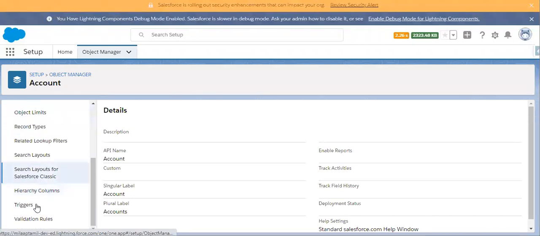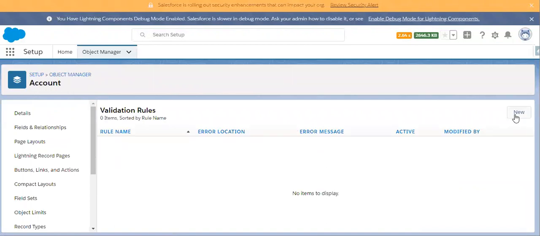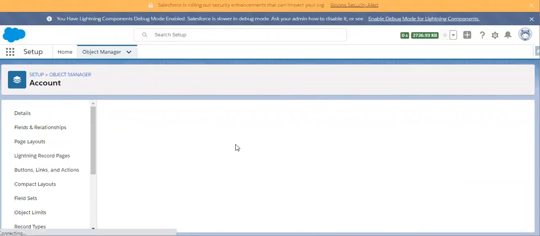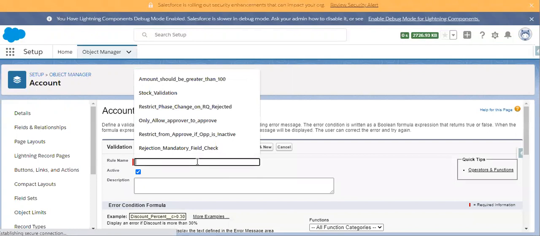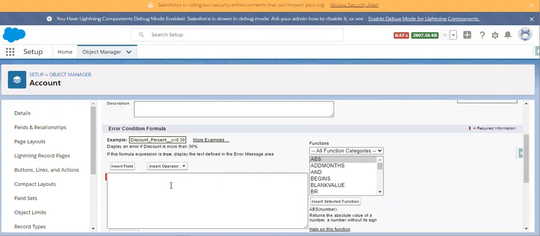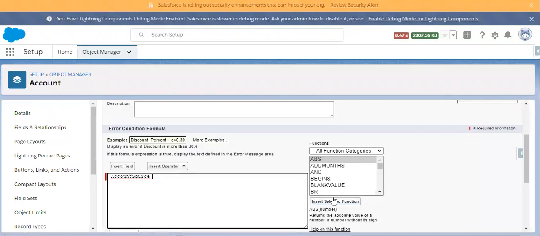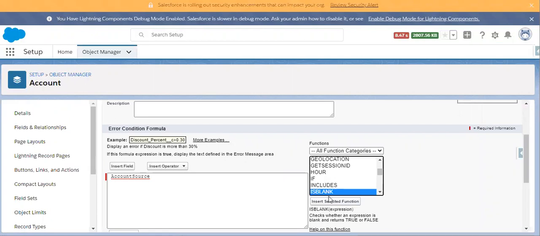Let's go to the validation rule. Let's make the account source field mandatory so that whenever we try to create the account with only two fields, it will throw the error message so that it can enter the failure flow. Account source is mandatory. Let's insert the field called account source. Then let's use ISBLANK for checking whether it is blank.